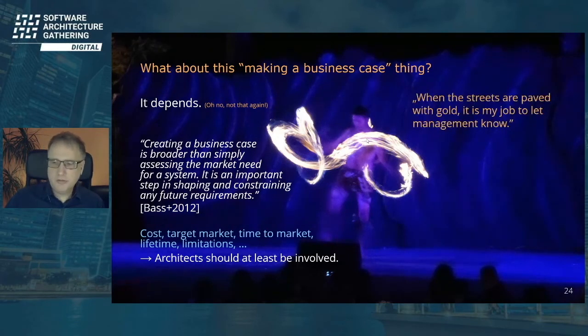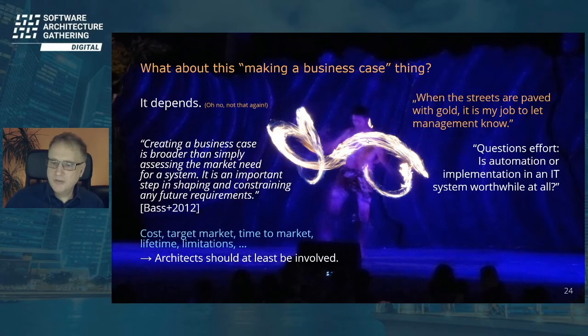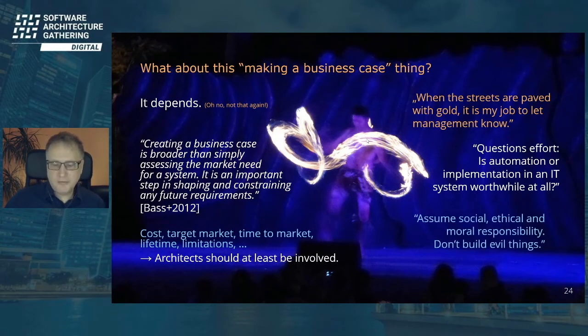The other thing, I talk to a lot of trainers, a lot of professionals. They say, of course, when I see that there's an interesting use case for my system, my company has not a business case on us, I have to let management know we want to make money with this. So this definitely is my job. And of course, you have to assume ethical and moral responsibility for the things you build. If your business case is evil, you have to decide yourself, do you really want to build the system? So it really has an impact. Of course, there are other stakeholders to the business case, and it depends very much on your environment.